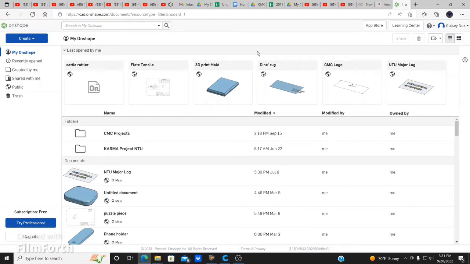From the previous video, we learned how to make your own account on Onshape. It is free, but you need internet access to actually use the software. So, just a reminder on that one: the account is free, it's just that you need an internet connection to begin your work right away